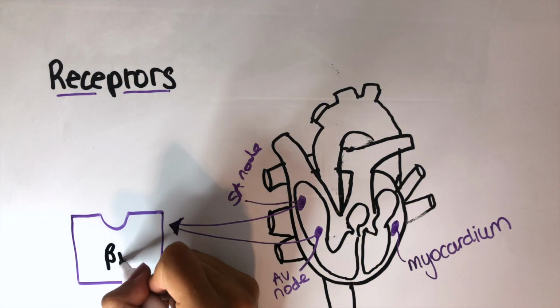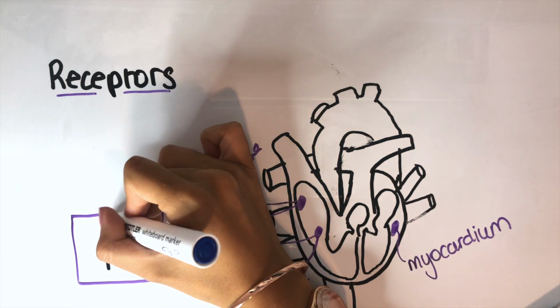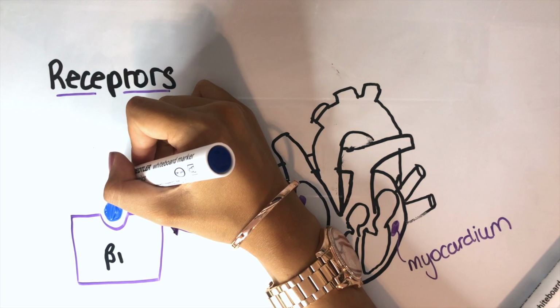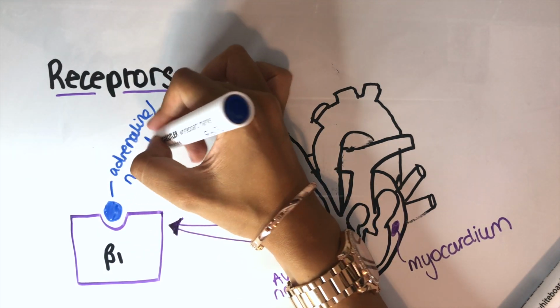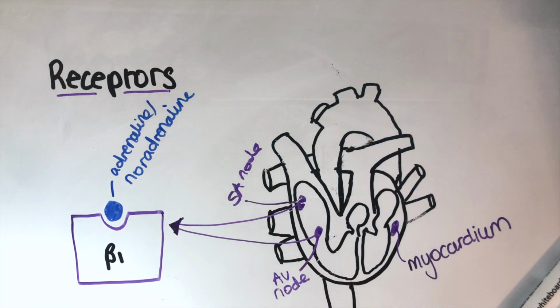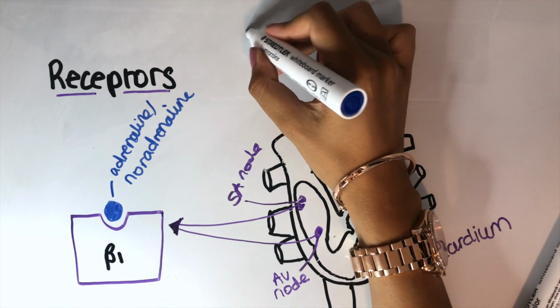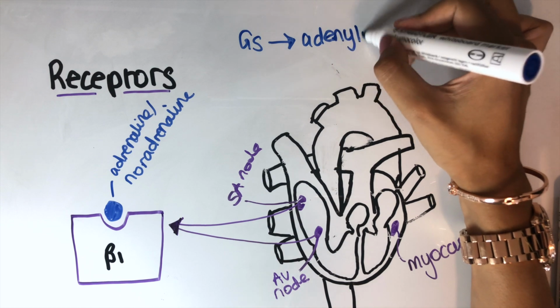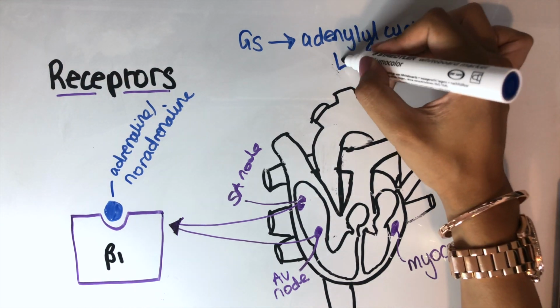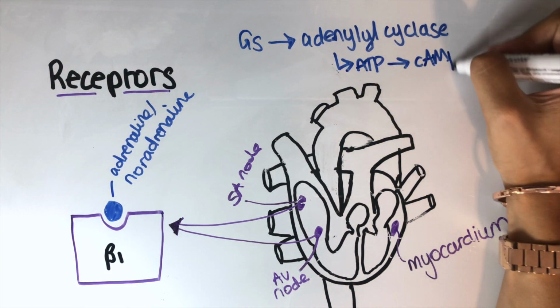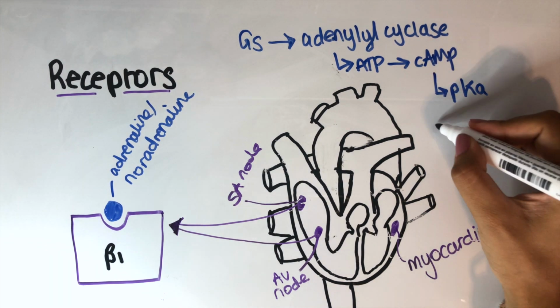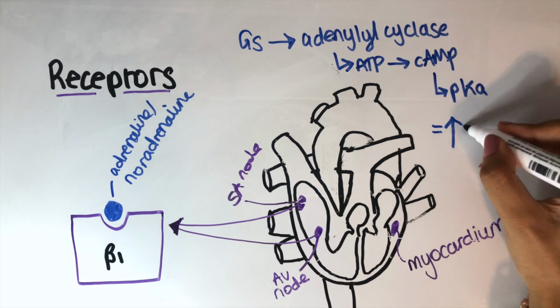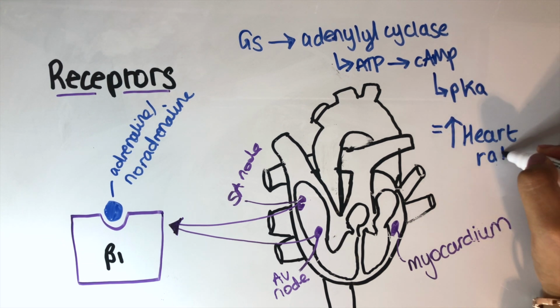Here I'm just zooming into the nodal cells, which contain beta-1 receptors. Adrenaline or noradrenaline bind to beta-1 receptors on your nodal cells and also on your cardiomyocytes, but we'll come back to that. When bound, this activates the Gs pathway, which activates adenylyl cyclase, which converts ATP to cAMP, and this increases intracellular PKA. And protein kinase A, as with other kinases, phosphorylates L-type calcium channels, which eventually leads to an